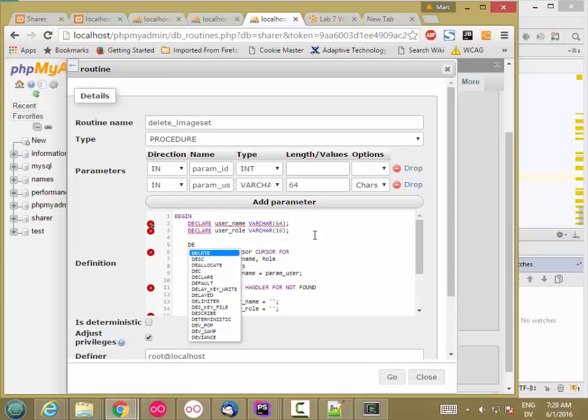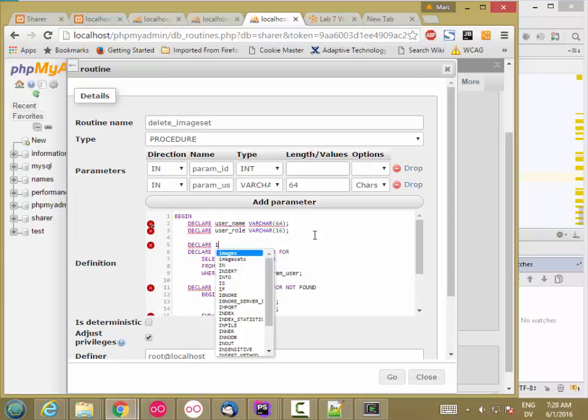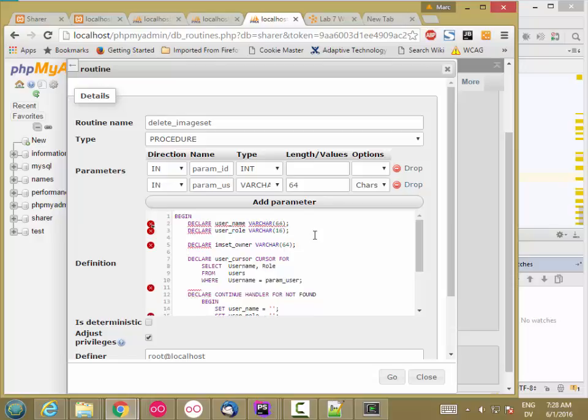So from the image set table, I want the user name, which is owner, and that's varchar 64. And I want the image set original image ID, which is an int,